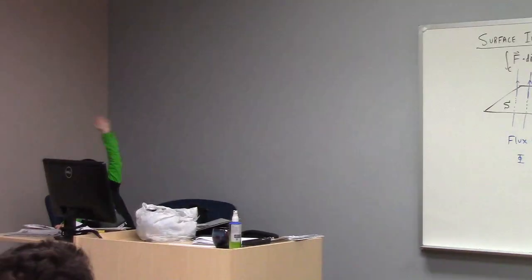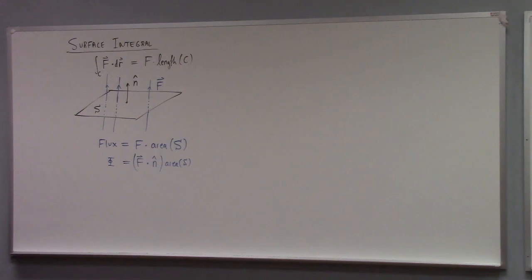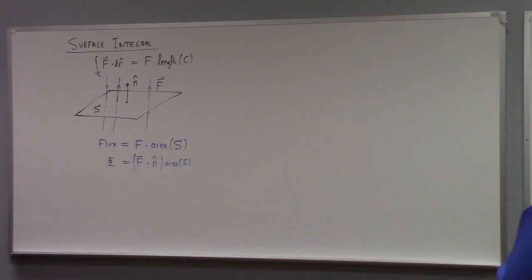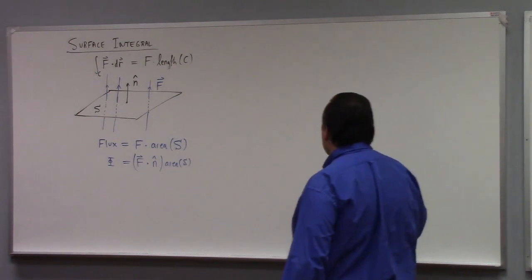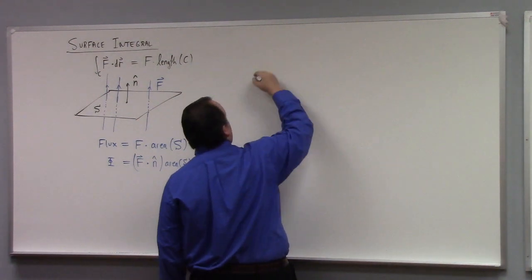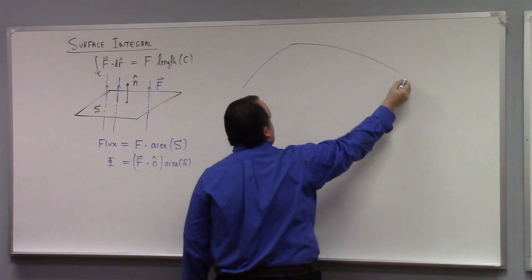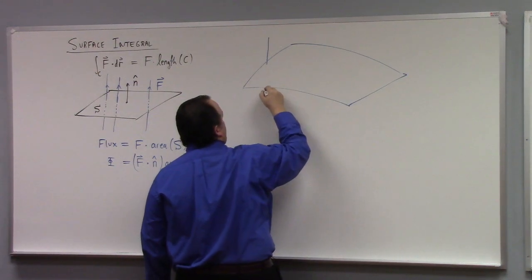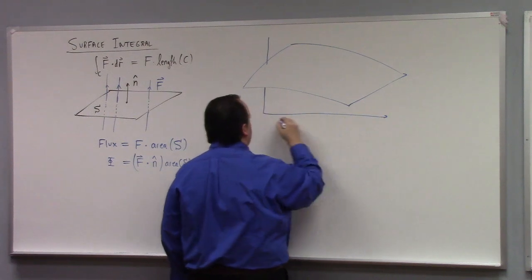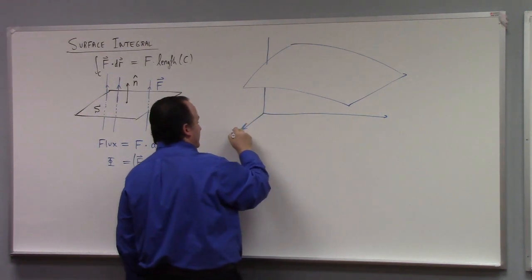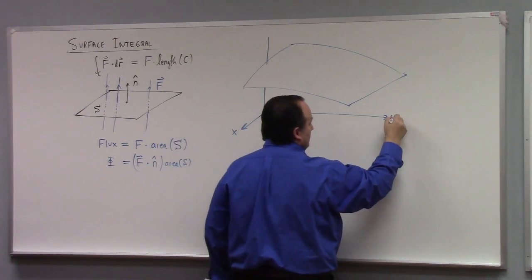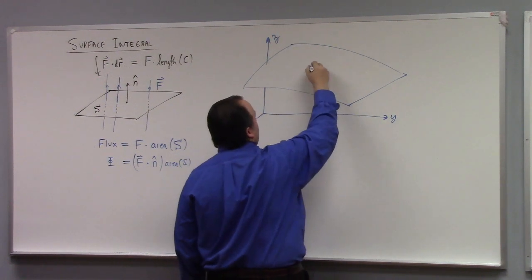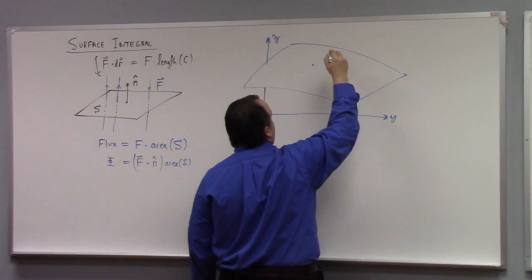Yeah. All right. So we want to figure out how to calculate the flux of a vector field over a curved surface. So let's talk about how to set that up. So here's maybe my surface. I usually draw it like this just for the sake of picturing it. So it's a surface in 3 dimensions, as usual. And if we talk about a particular point, right,